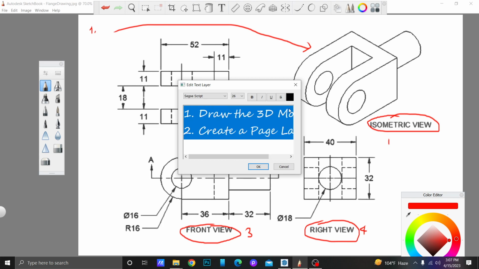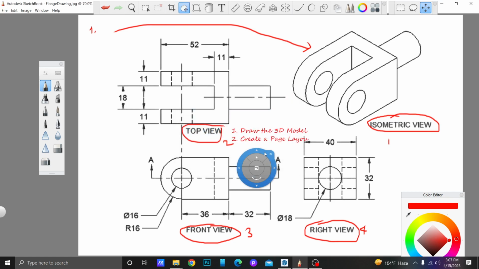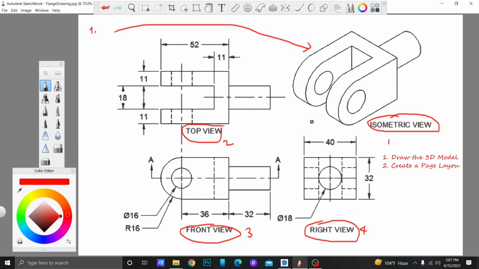So why do we need a page layout? We need a page layout because when you want to manufacture any 3D object, you send it to the manufacturer, and there they send it for construction. For example,